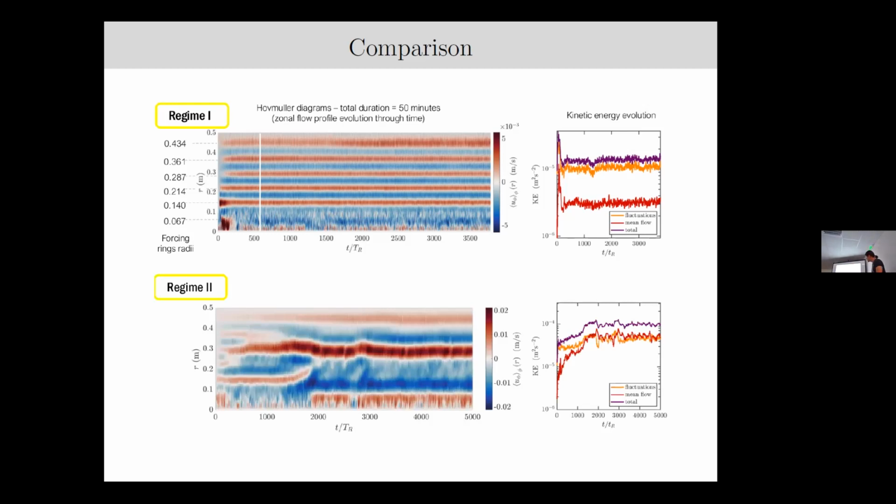So in regime 2, you can see you have a bifurcation. You start in regime 1 with the 6 rings, but they are not stable. They very quickly merge until you reach this hopefully asymptotic, steady regime where the jets are much stronger. And now the energy contained in the mean flow is comparable to the one you have in fluctuation. Okay, so